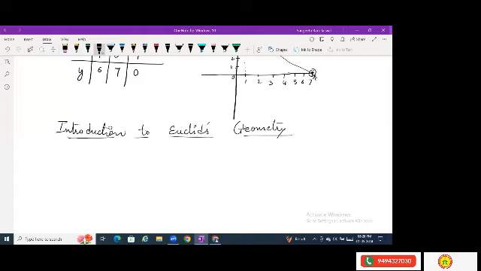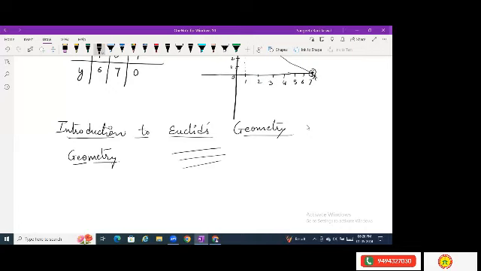Okay, now this chapter is going to be in some story form, sort of. This chapter is about geometry. When we talk about geometry, geometry means geo and metry. Geo means earth. We call earth geo. Geo means earth and metry means to measure. So the need of geometry arose when we started measuring on the earth. We were measuring the land. So that's the need of geometry. In the olden times, when people used to measure on earth, we felt the need of geometry.